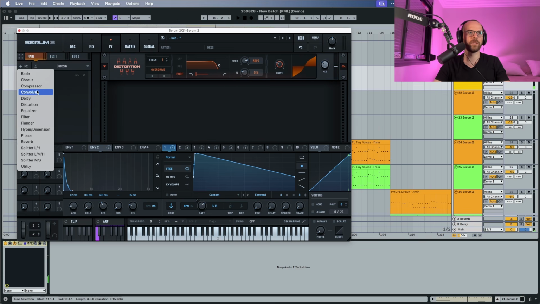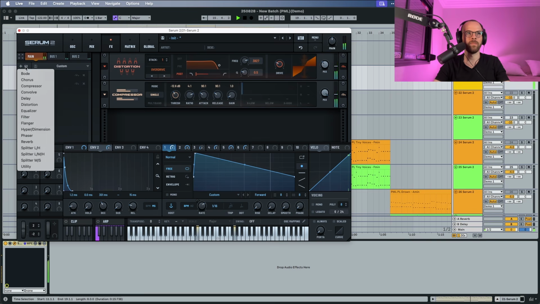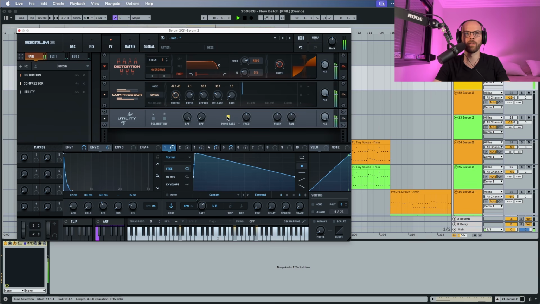To finish, two last things, compressor. Just to compress a little bit of what we have. A bit of gain here. And utility, just to make the mono bass. Really cool sound, right? And if you listen to the original,